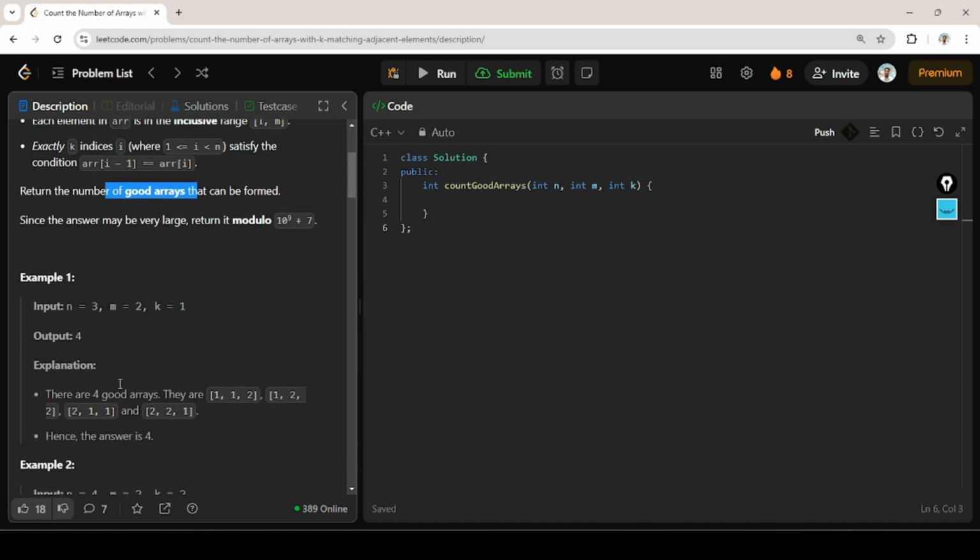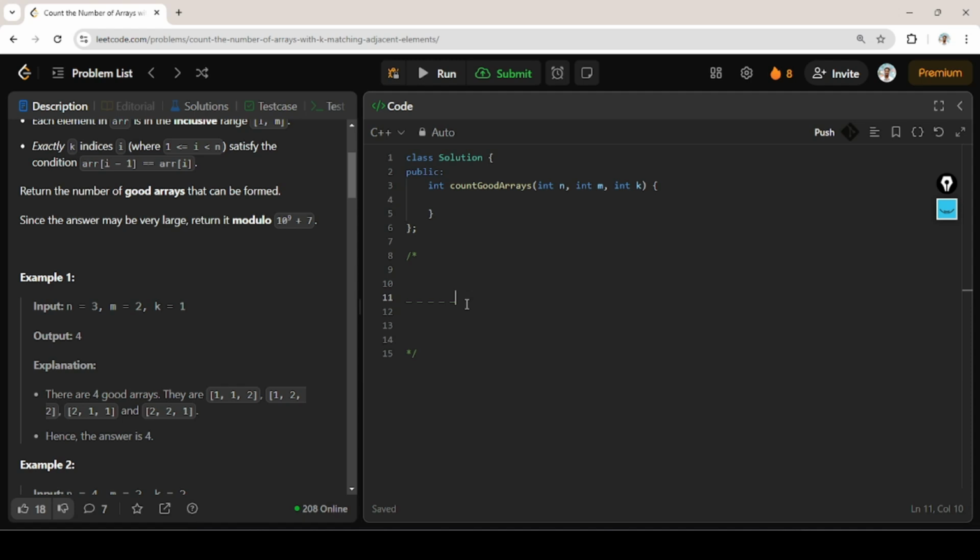So if we have something like this example, then here a1 and 1 is equal. So this is one pair of values which are equal. So k is equal to 1. Here 2, 1, 2, 2, that is also fine. 2, 1, 1, 2, 2, 1. These are all the good arrays that can be formed. So we don't really need to find a good array as such, but we just need to find the count. This can be